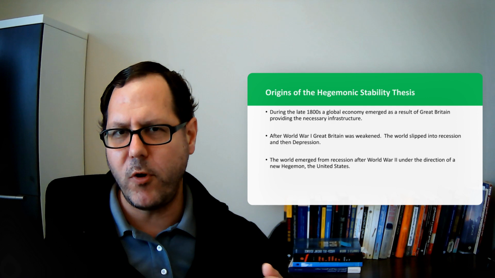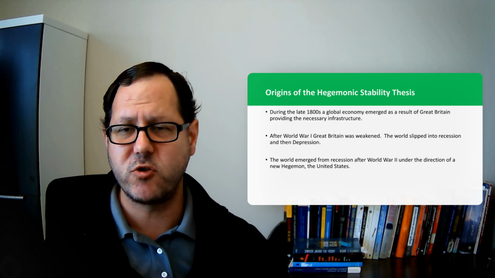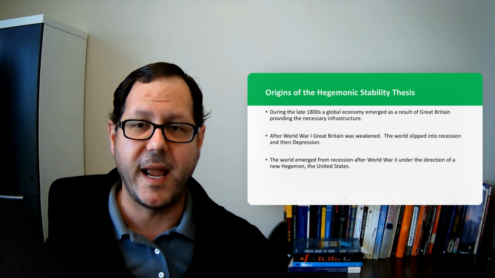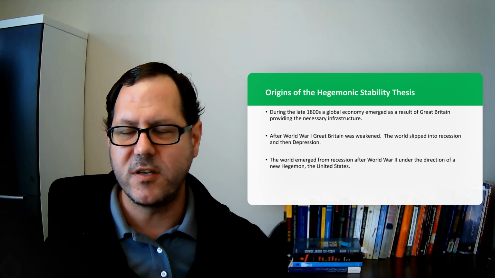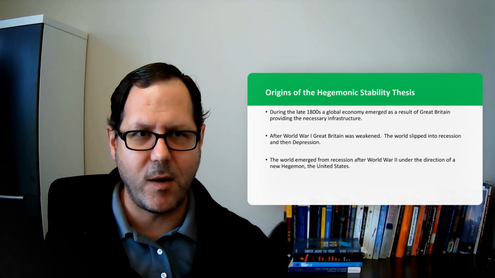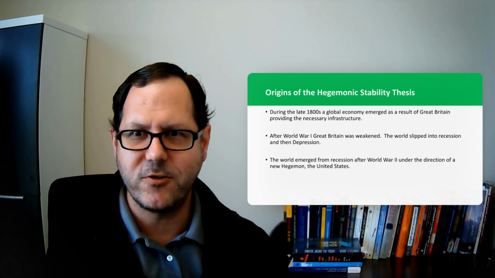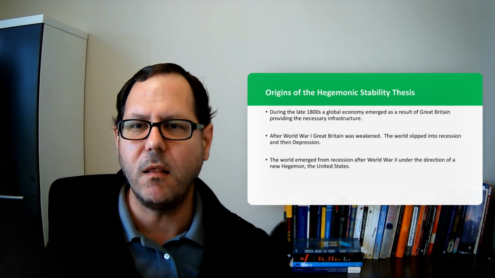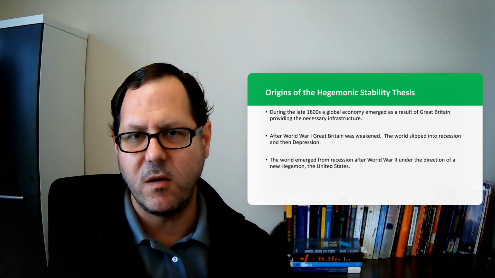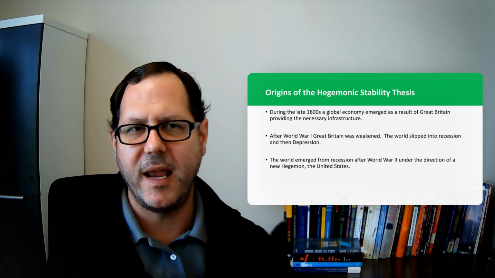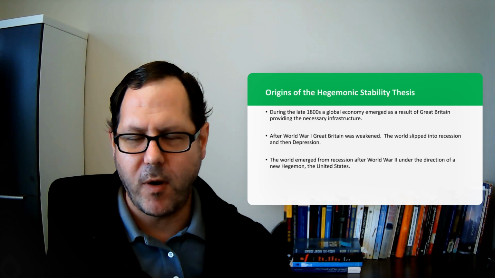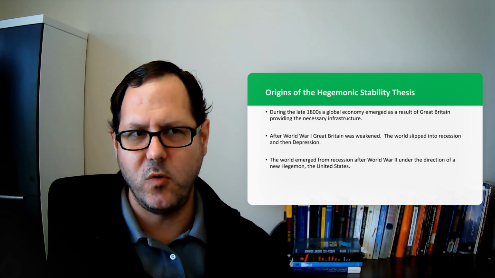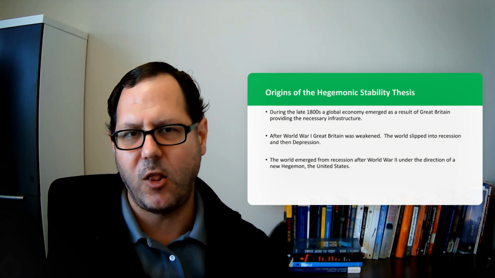And part of that is that Britain had been providing a lot of that economic infrastructure in the 19th century. They'd been patrolling trade lanes and suppressing piracy. They were the center of the global financial system, and so they were ensuring that the global financial system remained solvent in times of crisis. They had pushed for free trade. They'd done a lot of these things that made that system work, but after World War I, they were greatly weakened. The Great Depression further weakened them,